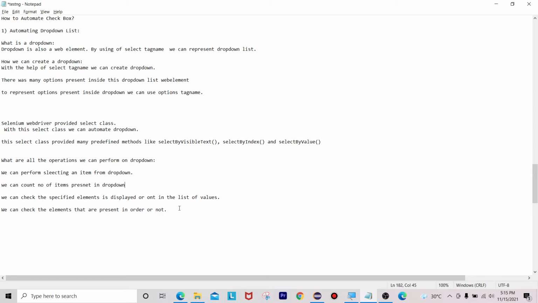To automate the above operations, at first we have to create the select class object for the drop down list element.